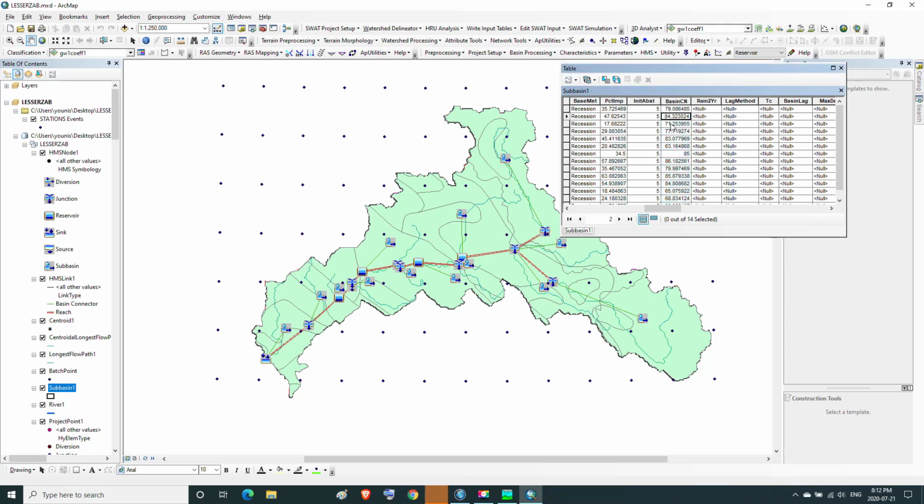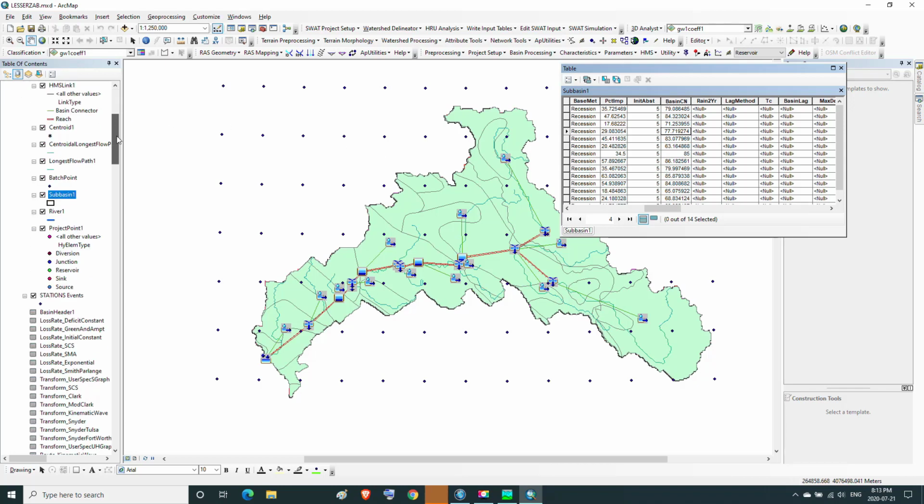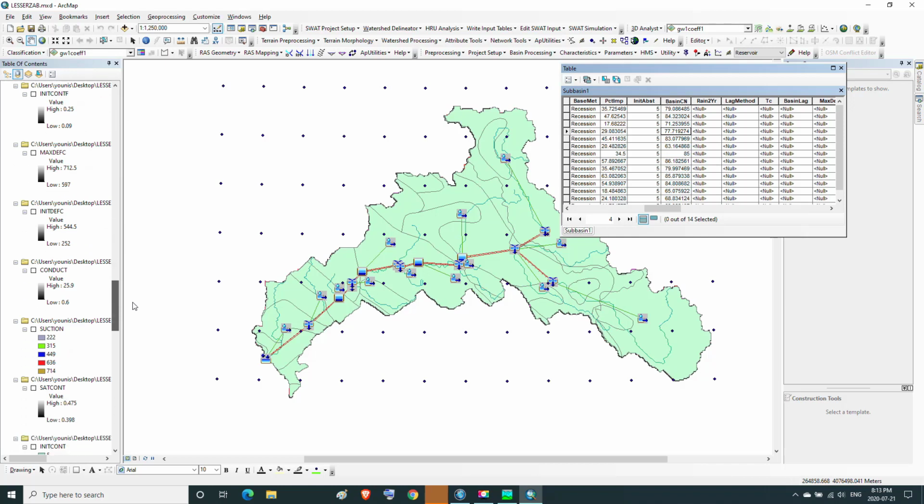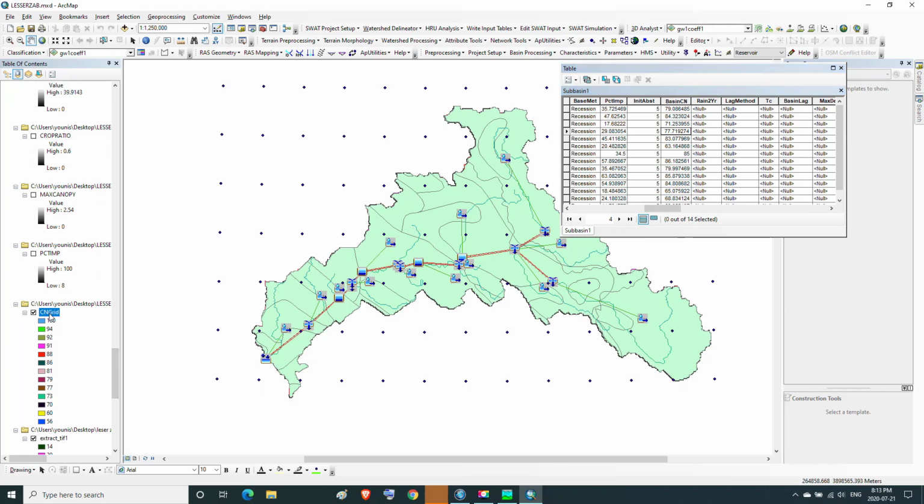We note that these curve numbers contain decimal numbers and are slightly different from the curve numbers in the CN grid layer, which are integer numbers.